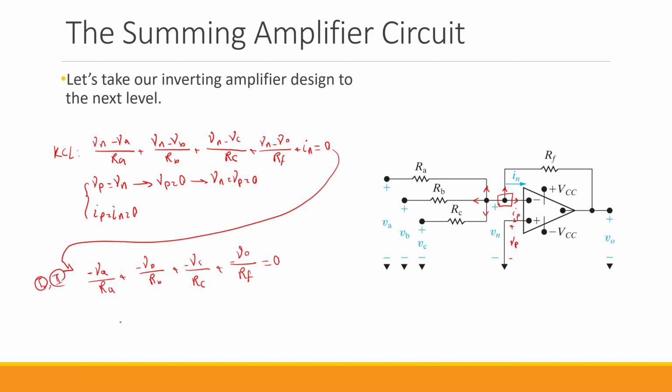Now if I rearrange this to have VO on the left side and the rest on the right-hand side of the equation, we end up with this equation: VO equals